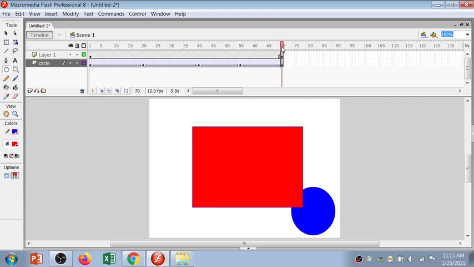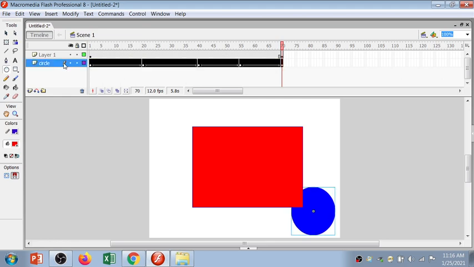Let's say your timeline head is on 70, so you are on keyframe number 70 of the circle layer. So this is how the status of the motion shows from the whole timeline panel, from the layer section and from the frame sections.